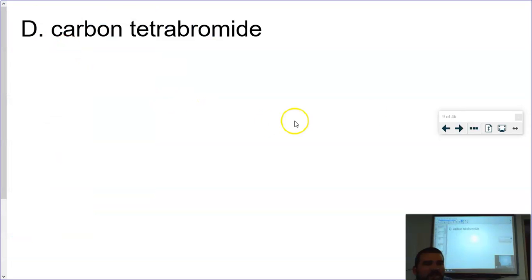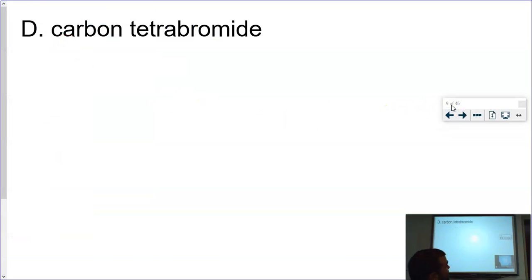So let's try this carbon tetrabromide one. Okay, let's draw out our Lewis diagram. And again, try to leave space so we can draw a 3-dimensional picture and a Lewis diagram. It's going to be tight, but anyway. All right. So carbon tetrabromide,